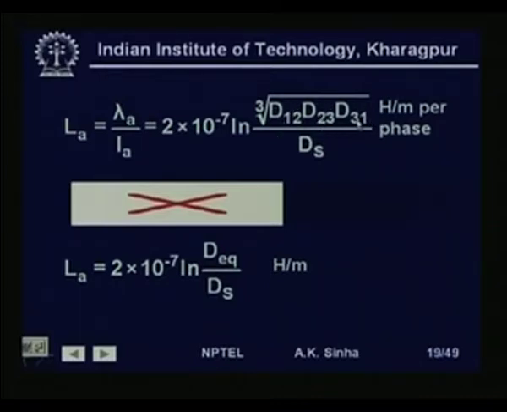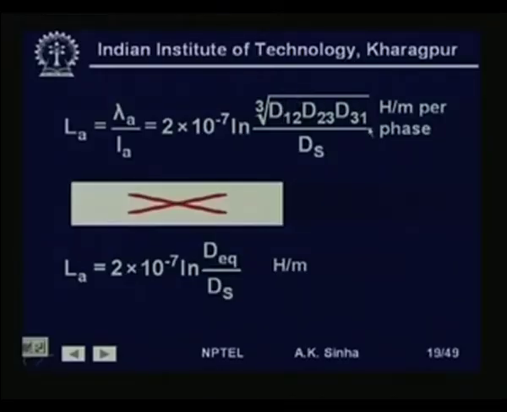This is happening because we are having all the 3 positions for each conductor. Here Ds is the GMR of the conductor, and this cube root of d12 into d23 into d31 is called the